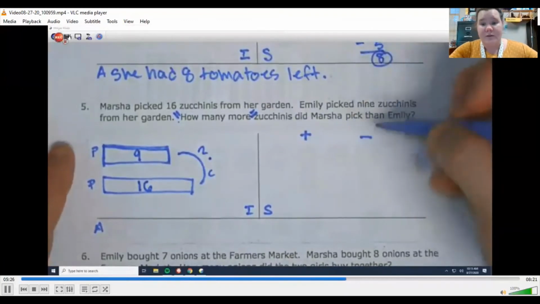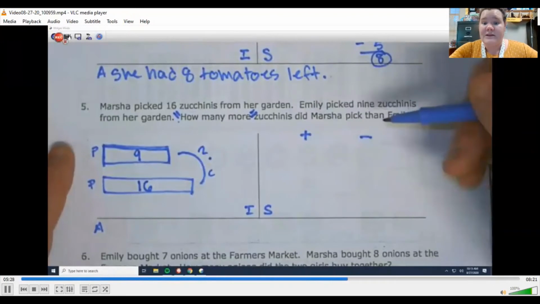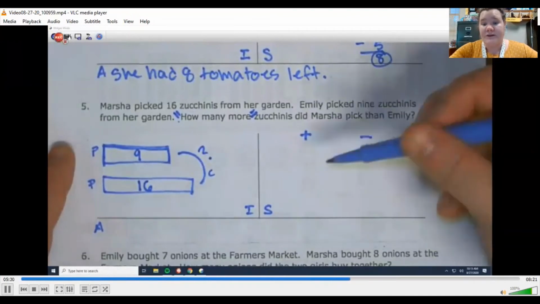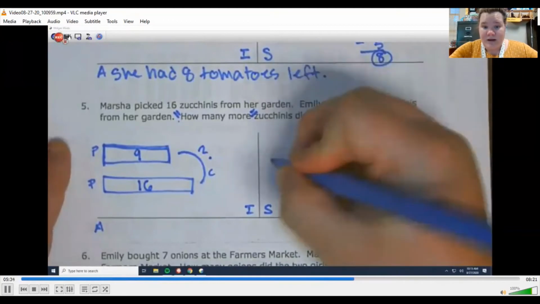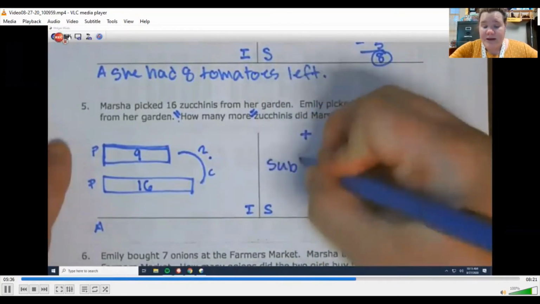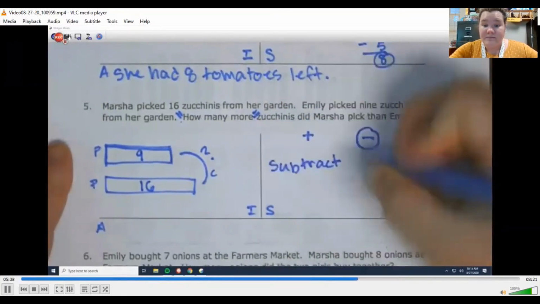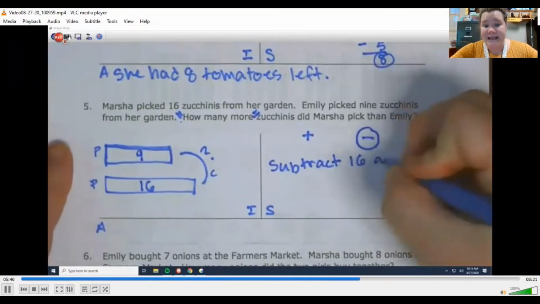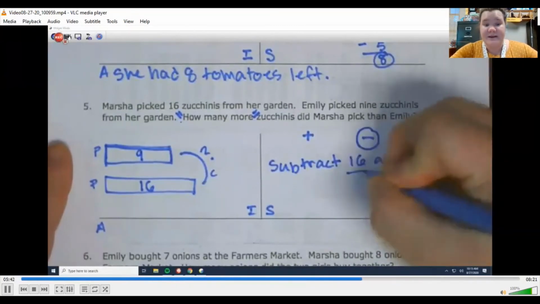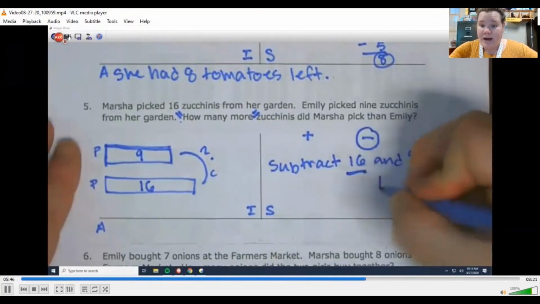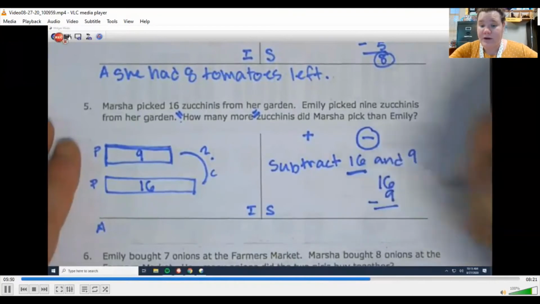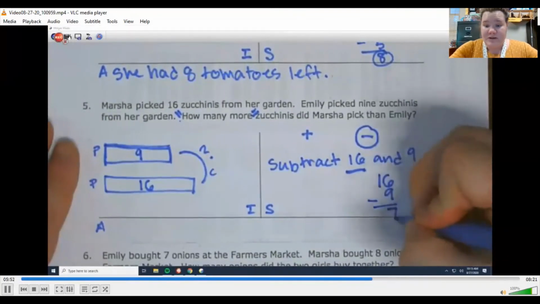So our comparing, we don't know. But we do know that because it says how many more, we're going to subtract. Okay, so we're going to write that out again. Subtract 16 and 9, and the 16 comes first because it's the bigger number and we're subtracting. All right, we're going to write it up and down, 16 minus 9, and then we're going to do our math, which gives us 7,